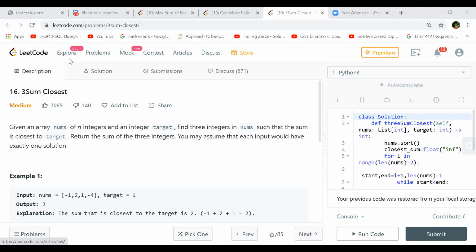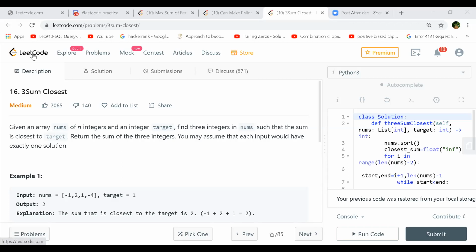Even if this is not the solution, Three Sum Closest is similar to the Three Sum problem, where you have two ways of doing it.